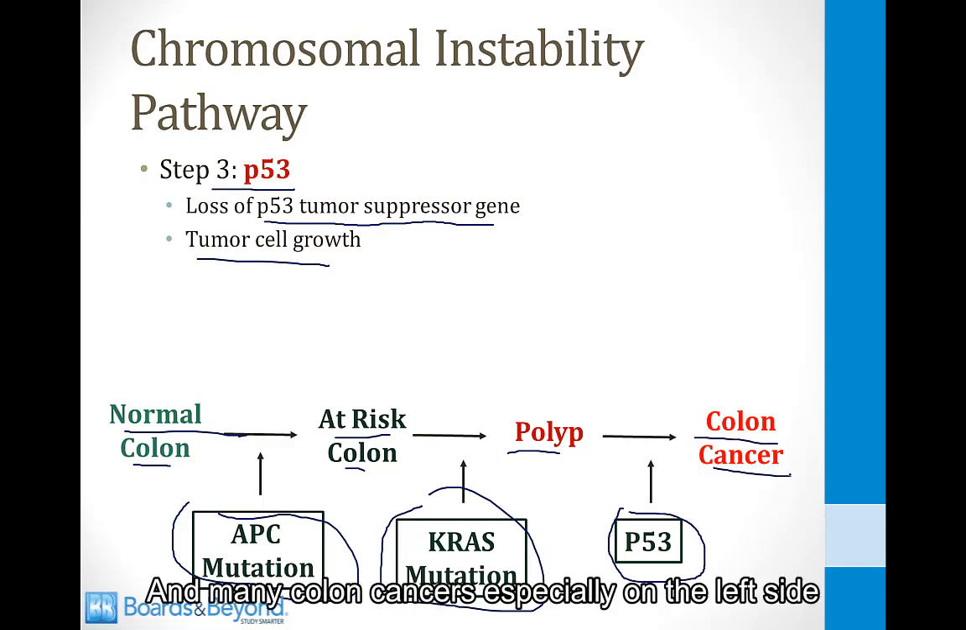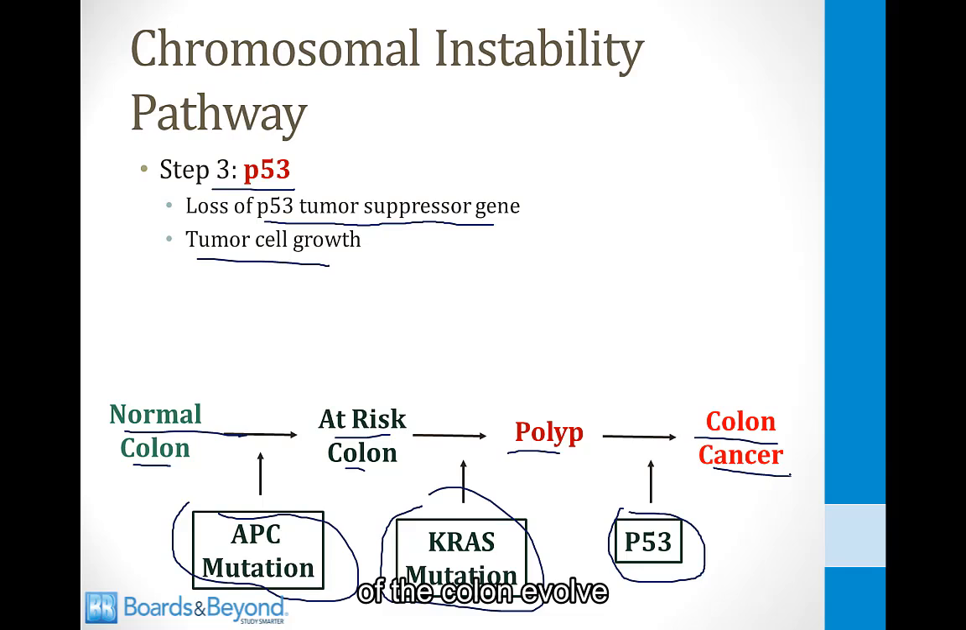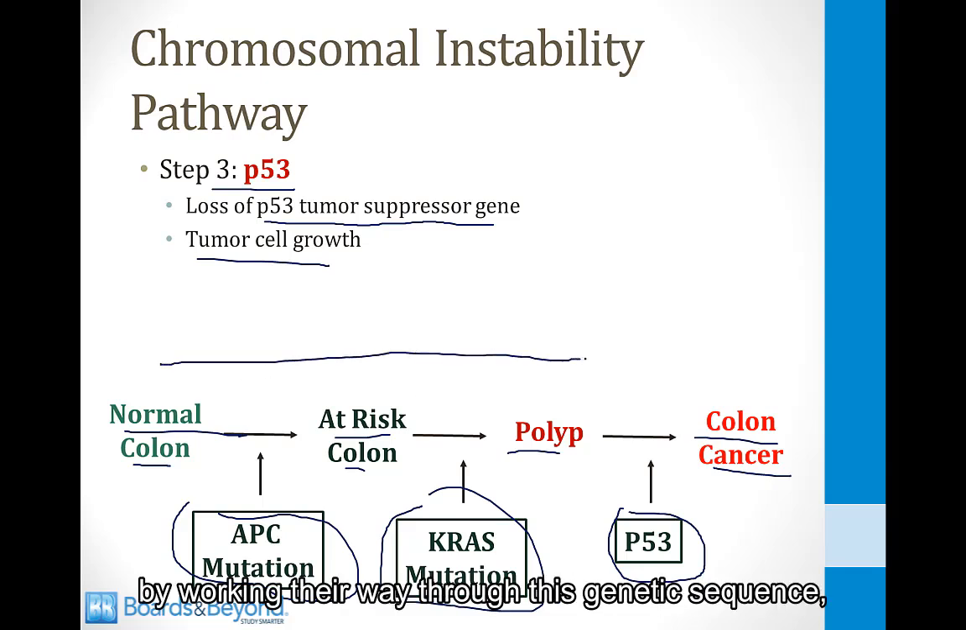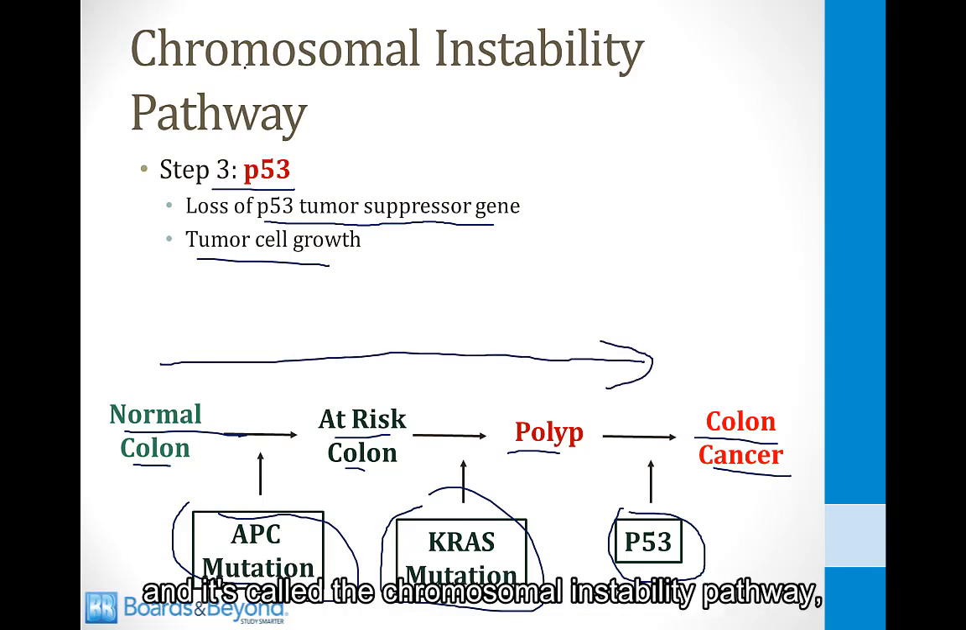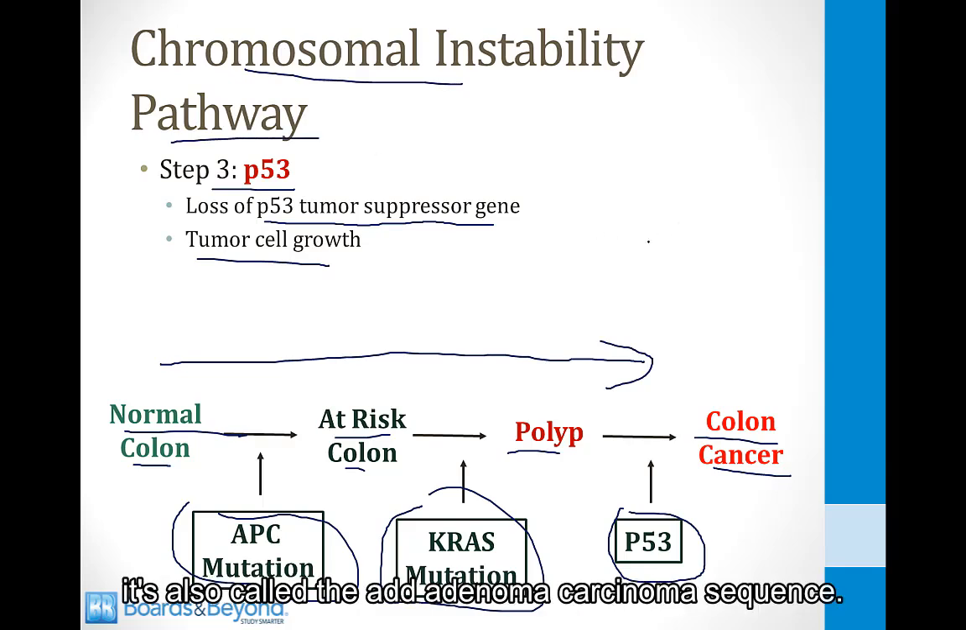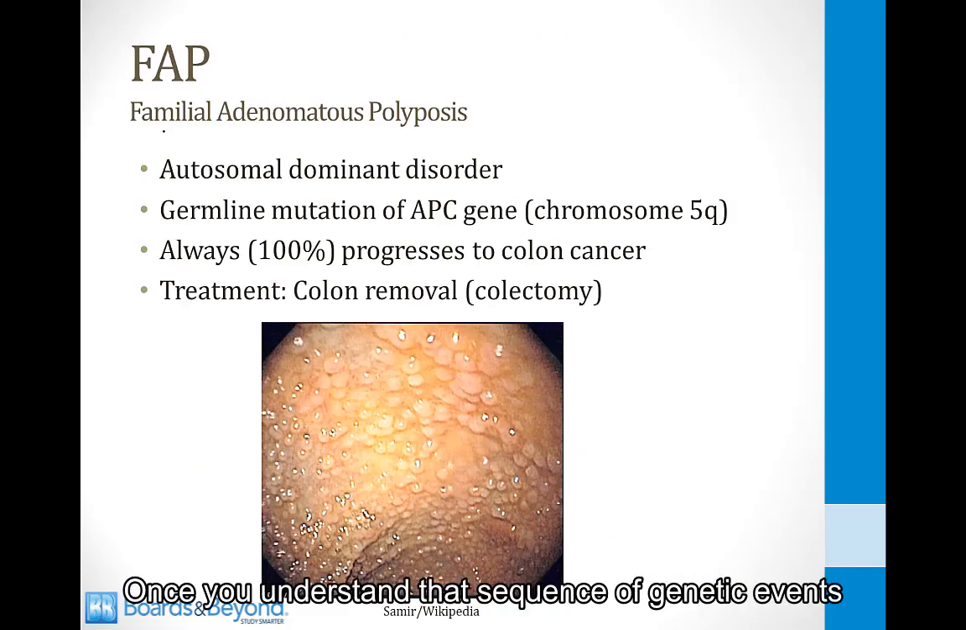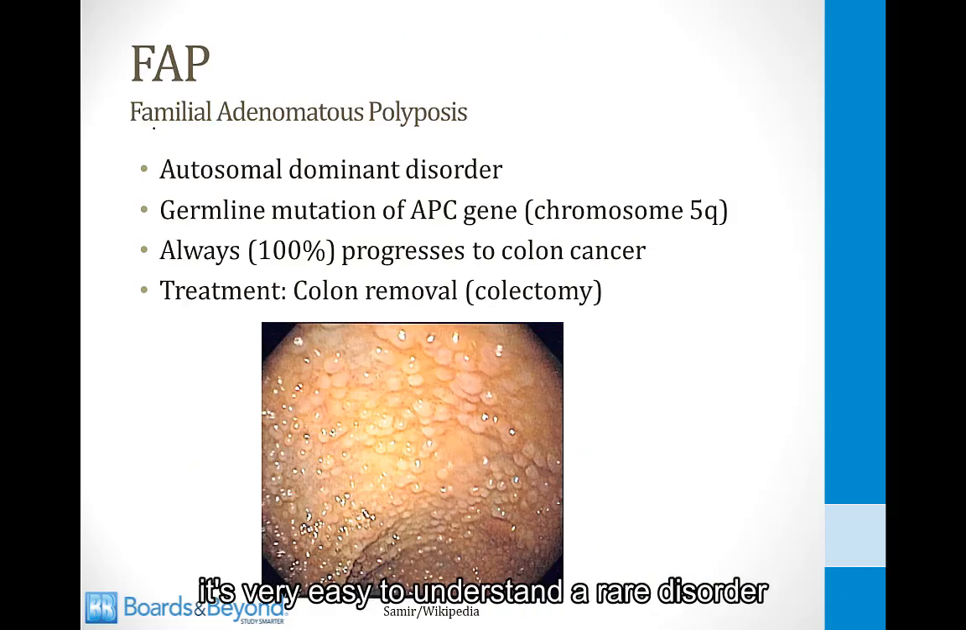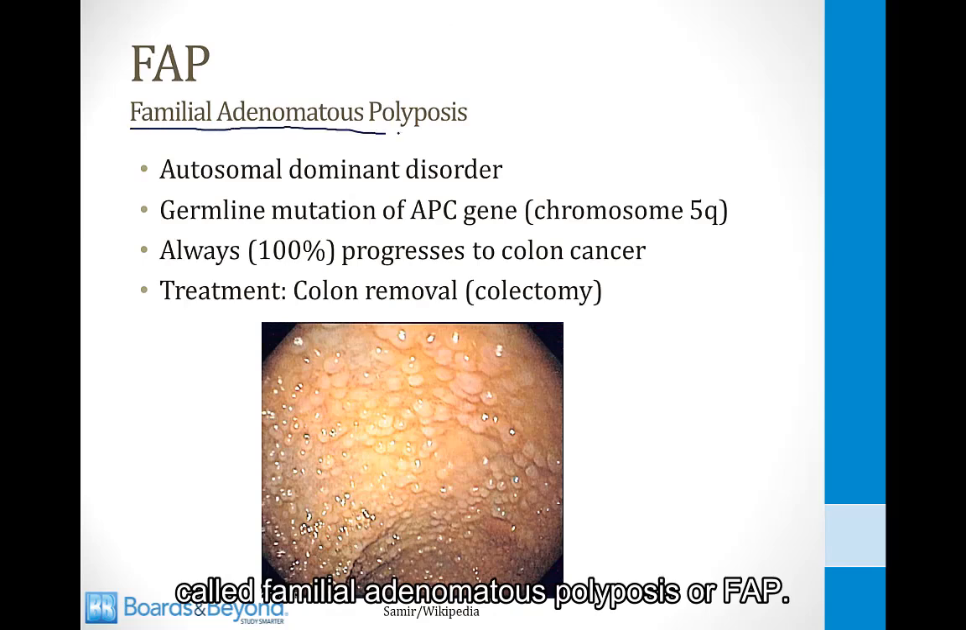And many colon cancers, especially on the left side of the colon, evolve by working their way through this genetic sequence, and it's called the chromosomal instability pathway. It's also called the adenoma carcinoma sequence. Once you understand that sequence of genetic events, it's very easy to understand a rare disorder called familial adenomatous polyposis,